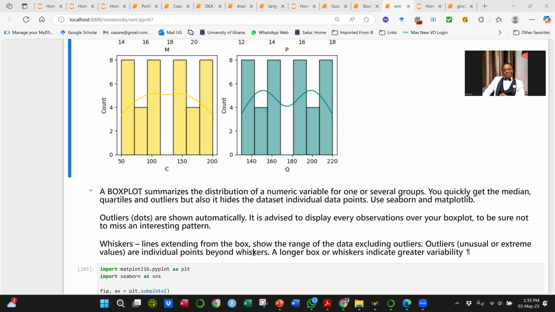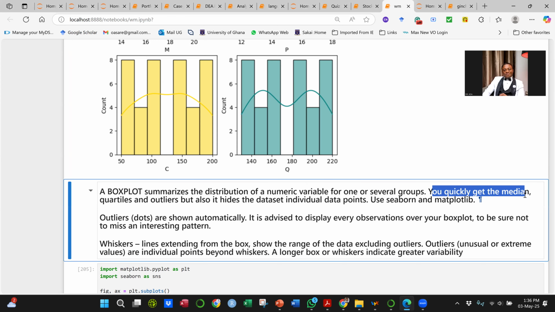The advantage of a box plot is that you can quickly get the mean. You can get the median. You can get the quartiles: first quartile, second quartile, third quartile. The second quartile is the median. Okay, you can get that. It can show you some outliers in the data,